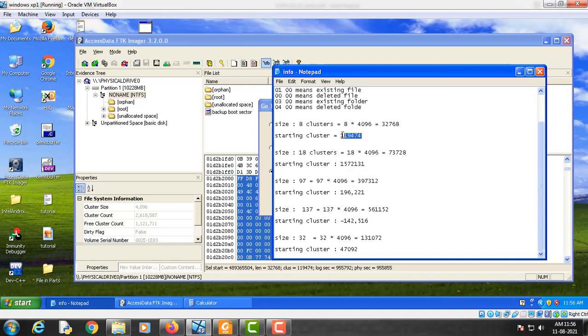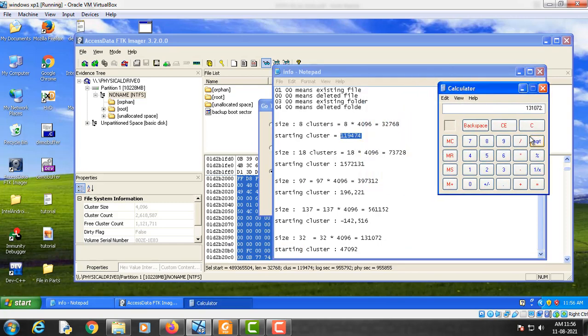So let's do this in the calculator. Let me type first 119474 plus this 1572131, then I get this value.